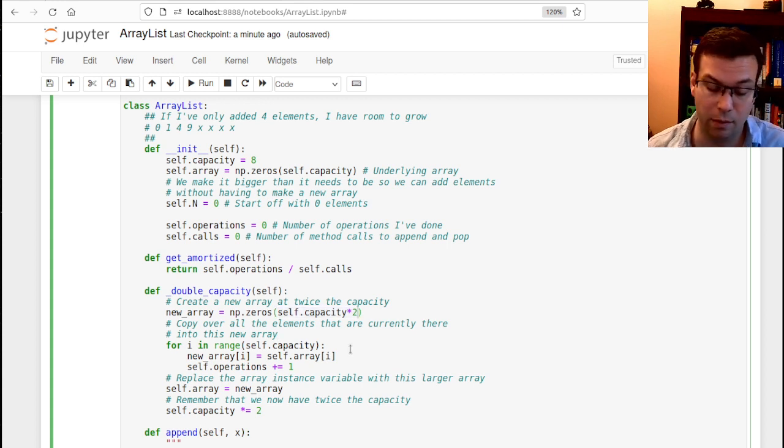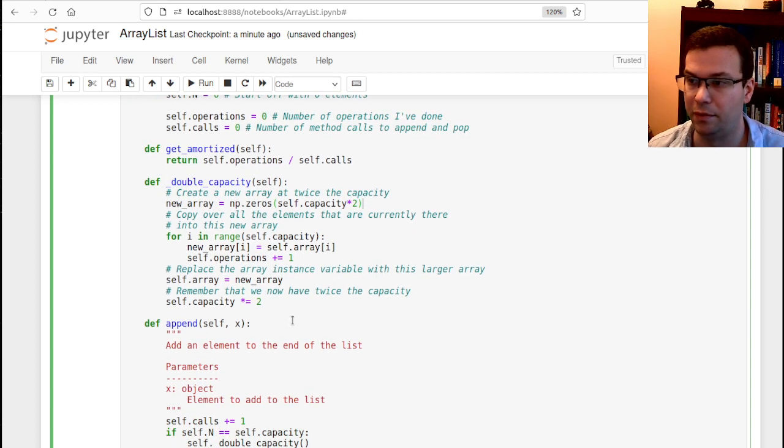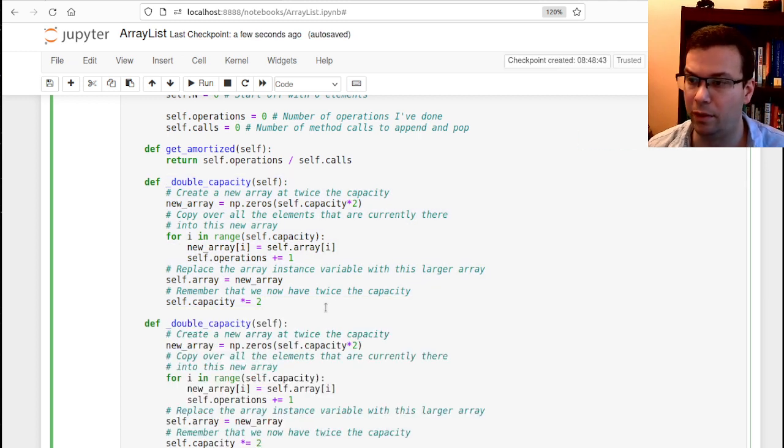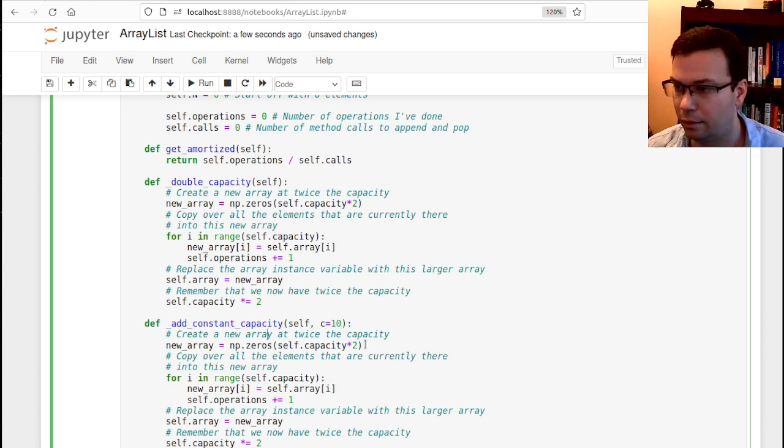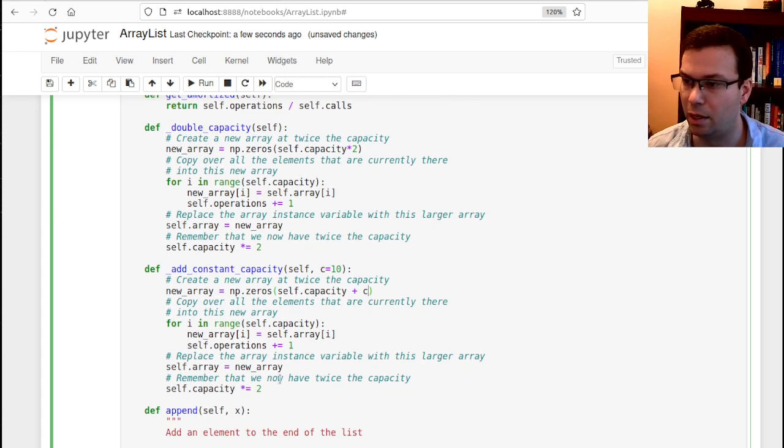And then I had the scheme where I did 3. That's another option. But both of those are in proportion to the current capacity. If I instead were to ignore what the current capacity was and always do the same thing, so to add a constant here, so we'll say maybe C is equal to 10. So let's say that I'm just adding some constant each time,